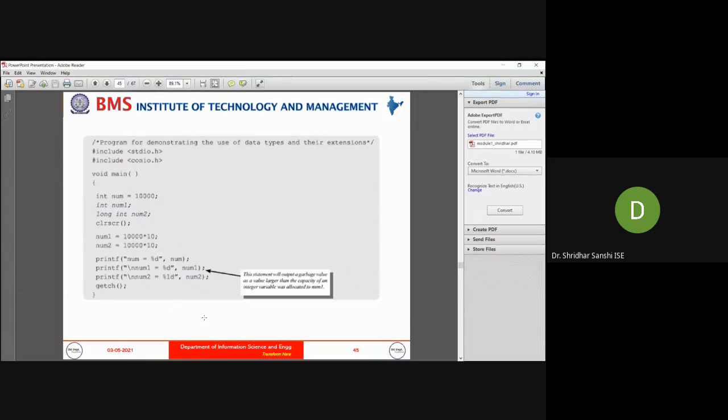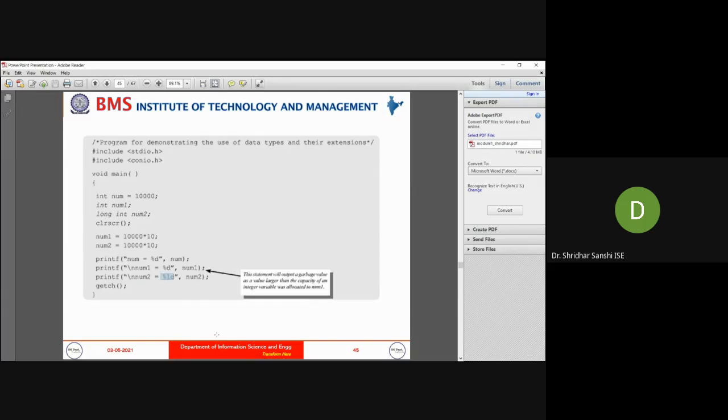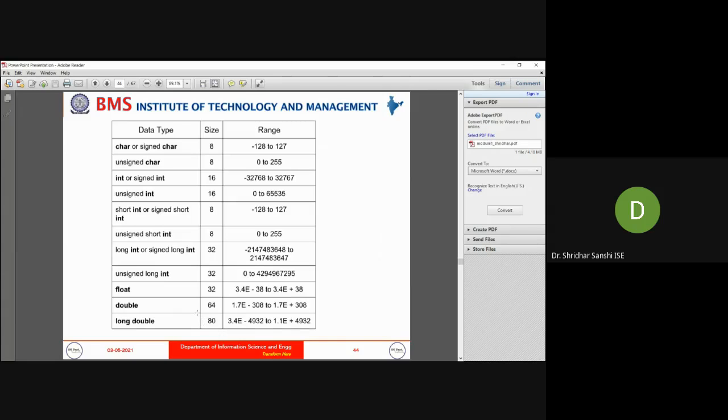So you can see here while printing the values, we are using percentage d. The percentage d is used for printing the integer values. Percentage ld is used for printing the long integers. Okay, so what is the maximum range of long integer?